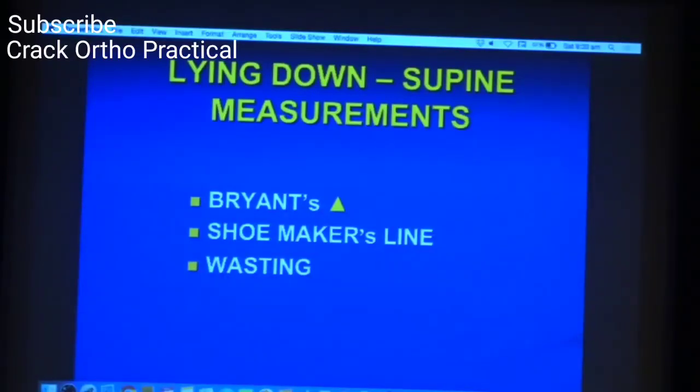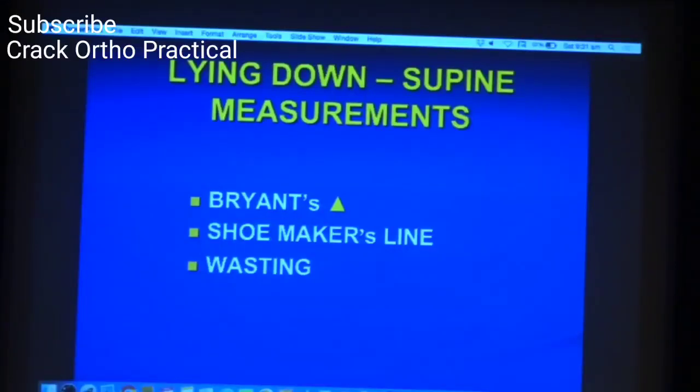And once you have found out the discrepancy between the two limbs, we want to know whether the shortening which you have discovered is supratrochanteric or it is infratrochanteric or both. So for that the gold standard is the Bryant's triangle, which gives you a quantitative measurement of the amount of shortening. Again, it is heavily dependent on comparison with the normal side. So if you have a bilateral hip pathology, Bryant's triangle is highly constrained to give you the accurate amount of limb length discrepancy.